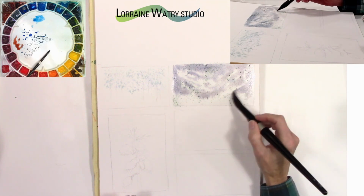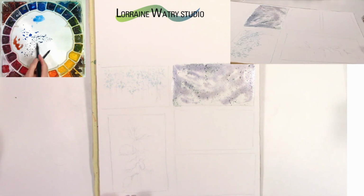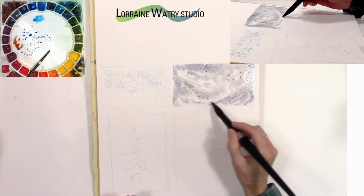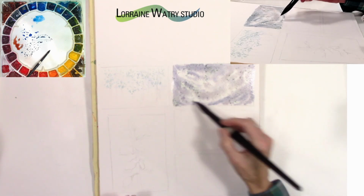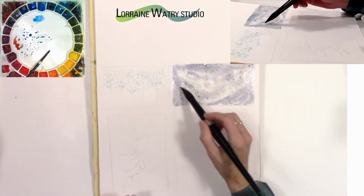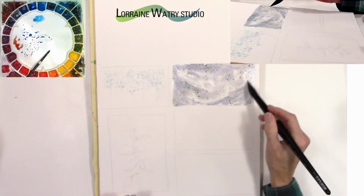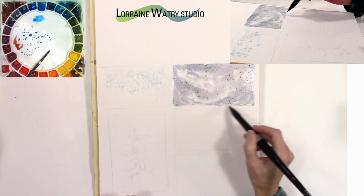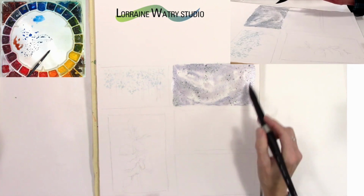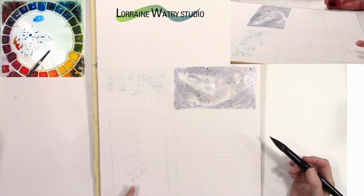And then basically I'm just placing the color on. I like some of those diagonal lines in there, because that gives it the feeling that maybe the snow that's falling is swirling in the air. So I try to get some of this color where a lot of my mask is so that it will read as snow falling once I remove the mask. That will have to dry before I can take the mask off, and I will go on to this